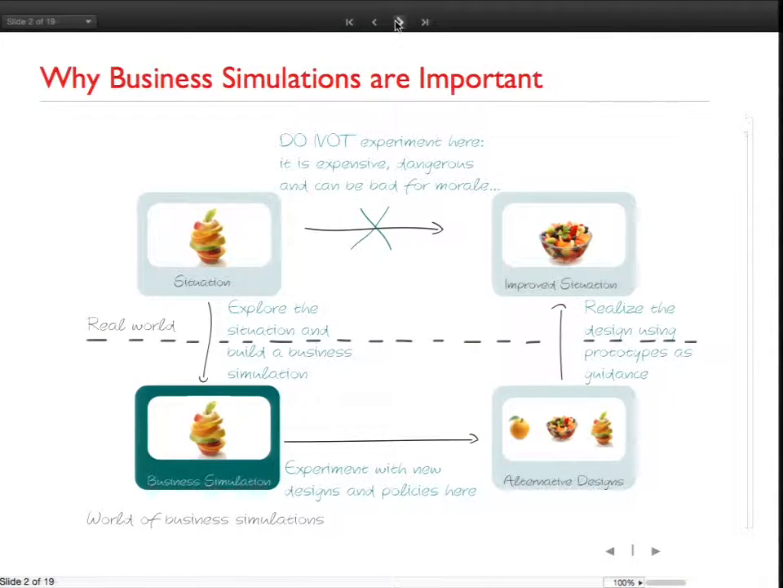Now, I guess most of you know why simulation models are important. Essentially, what we tell our customers is this: in complex situations, it's just too risky to experiment with your business. It's too risky to change your business model without thinking about it in advance. And so one good approach to dealing with that complexity is to build simulation models. Okay, so instead of experimenting in the real world, build a simulation model, experiment with new designs, with new policies in the world of business simulations, come up with different approaches, and then realize the design using prototypes as a